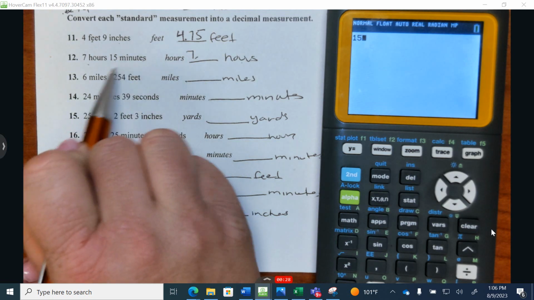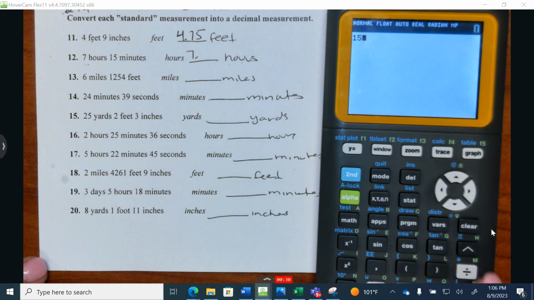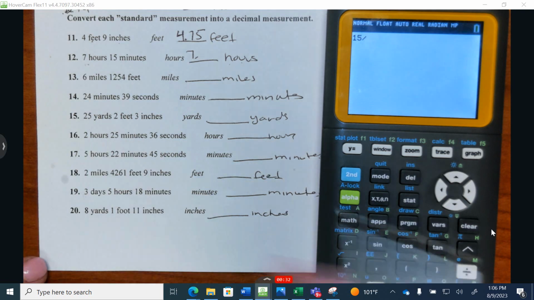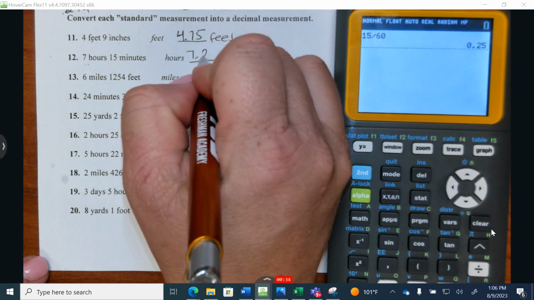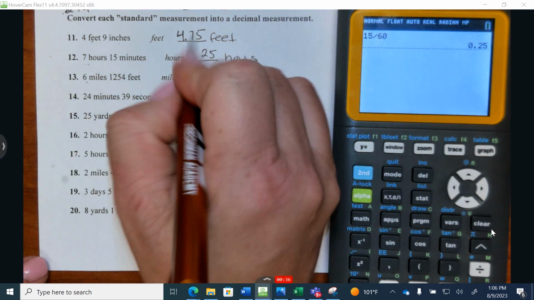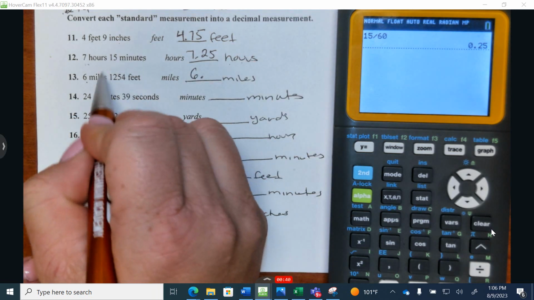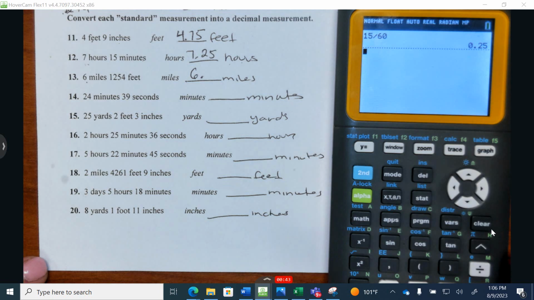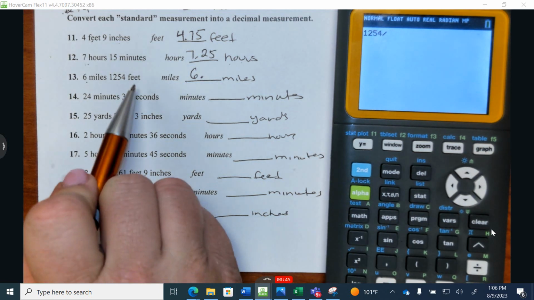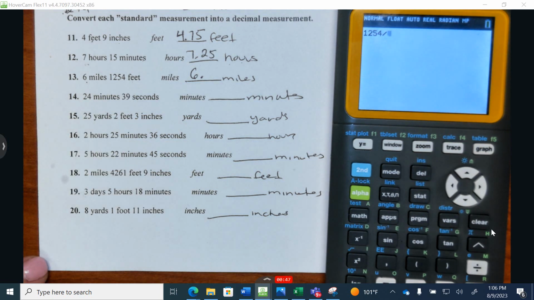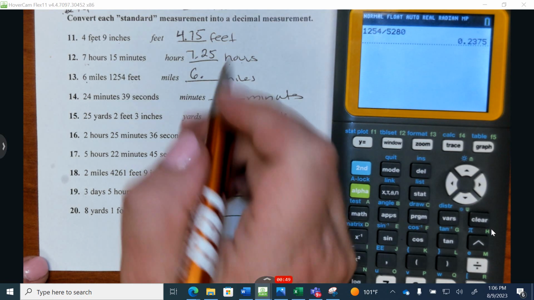How many hours? There's 7 full hours. Converting this 15 minutes into hours, there are 60 minutes in 1 hour. How many feet? How many miles? There are 6 miles. Converting 1254 feet into miles, I'm asking myself how many feet are in 1 mile. It is 5,280,